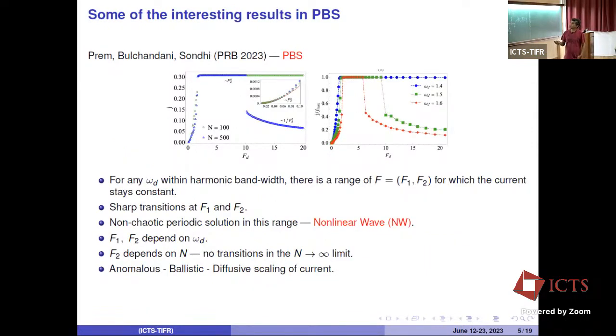So this was a very interesting observation: as you change the driving force amplitude, the average current initially increases, actually quadratically for small force. And this you can understand if you just do a harmonic analysis. Okay, so for small forces, it's almost like a harmonic chain, and it increases. And then you find that over a range of forces, the current stays completely constant. Okay, so it stays constant, and then at some value of the force, they observed a transition where the current goes down, and then it decays in some way.